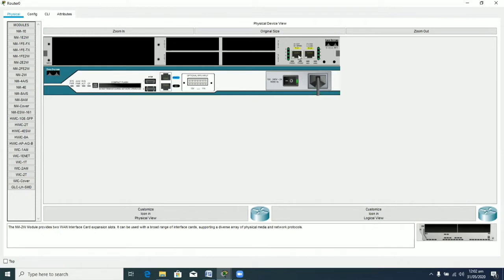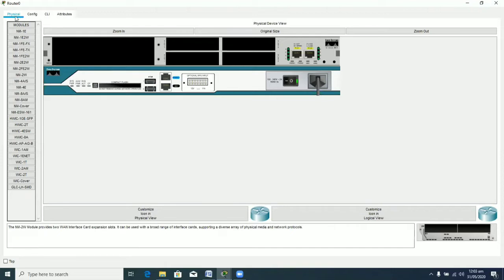These are basically the dummy representations of the fast Ethernet interfaces. Basically in the 2811 you have two fast Ethernet interfaces. This is your console port, and this is your auxiliary port. This is your compact flash. Basically in real routers you just push this push button, and then the flash card comes out from this slot. So I will be making a lab on the real router also, but at present I am basically performing this lab on the Cisco Packet Tracer.